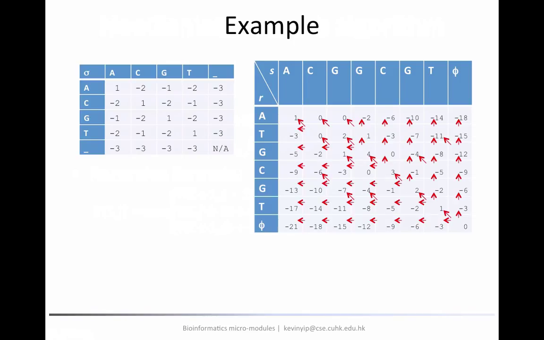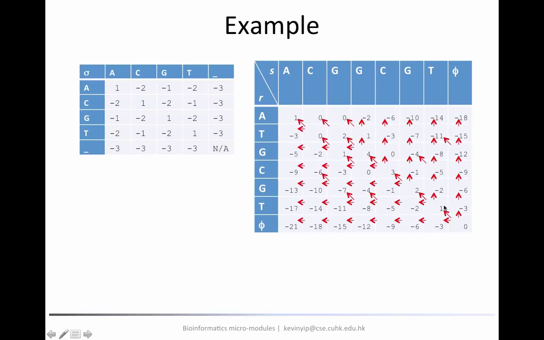Now, if we try to align the two same sequences again, the result will be the table on the right-hand side. Again, we're not going to follow all the numbers together, but let's try to do just 1 or 2 of them. For example, if we look at this number 1, how did we get it? We get this number because we consider 3 possible paths. The first path is the diagonal one, meaning that we try to put this T from sequence R and this T from sequence S into the same column of the alignment. So this is a match, and a match has a score of 1. So we have 1 added to the subproblem, which has a score of 0. So the final number along this path will be 1.